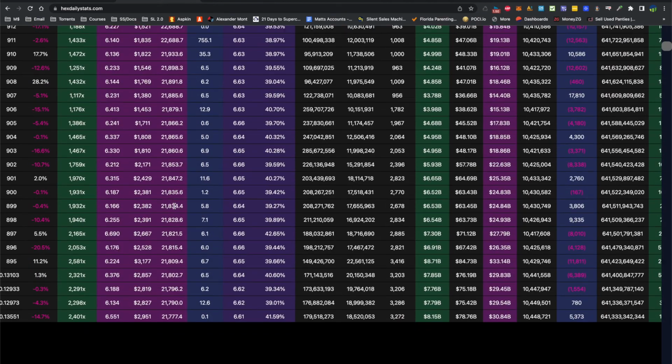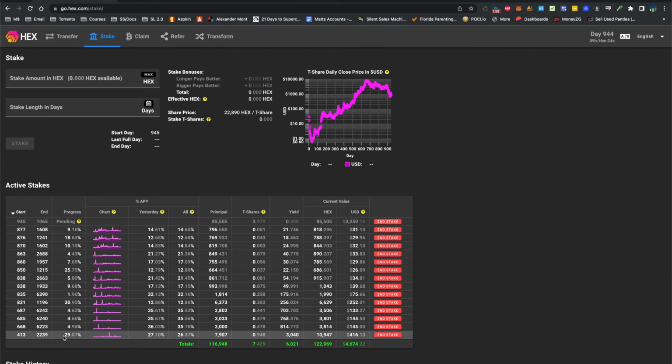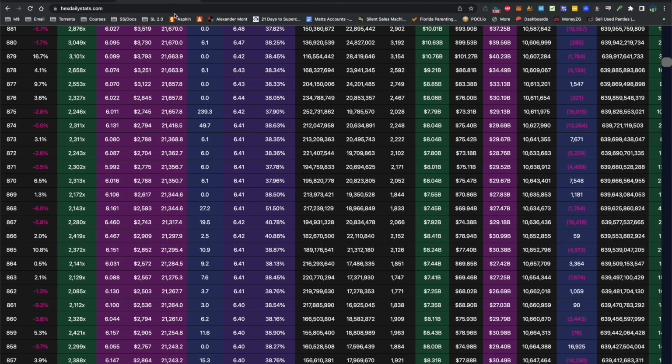So just like you can see 22,688. Like at one point, I think when I bought this right here, down here, it was 7907. You can see I bought this at the beginning of 2021, and it cost me $70 to buy all this HEX. And you can see that I got almost a whole T-share. Now the cost of a T-share is a lot more. So just some things to think about. That's the reason why inevitably HEX has to go up.